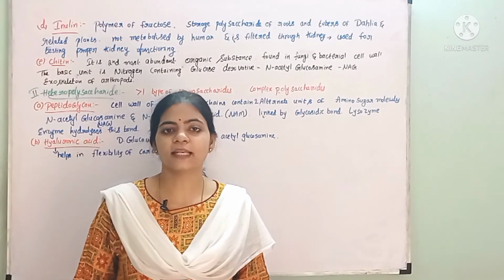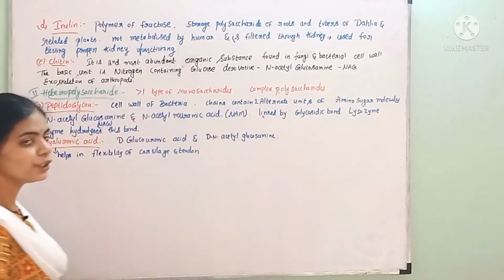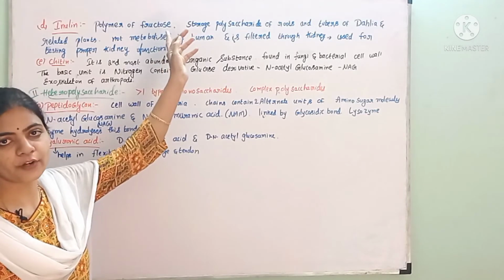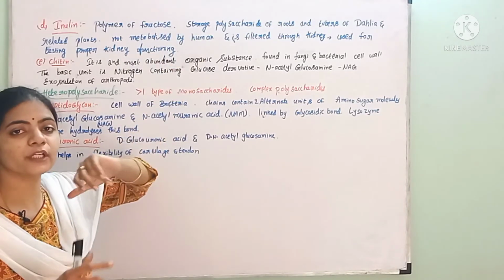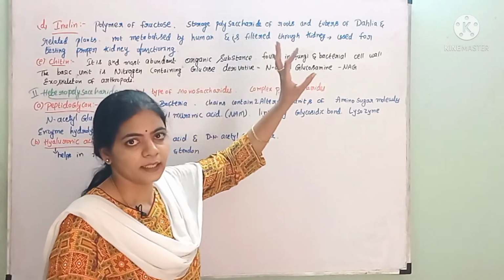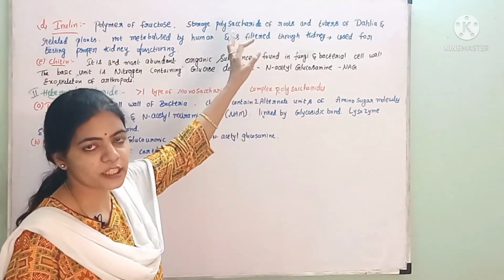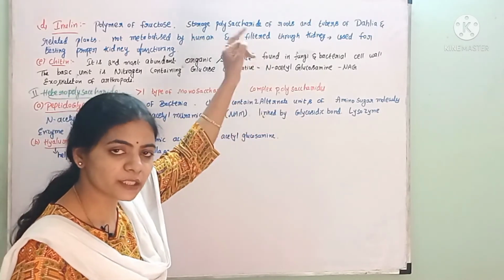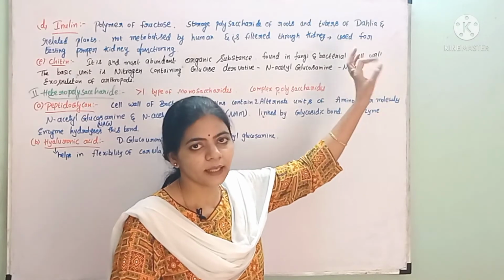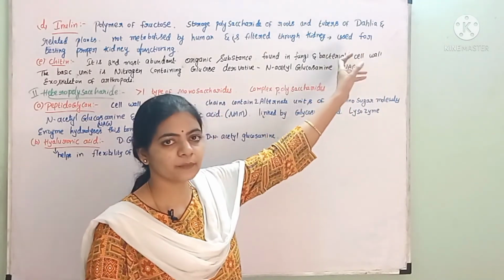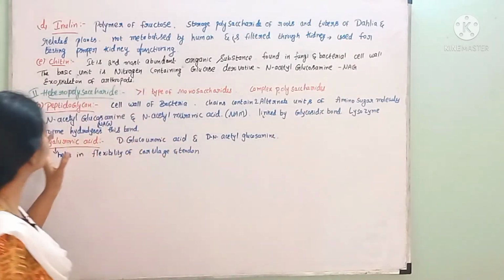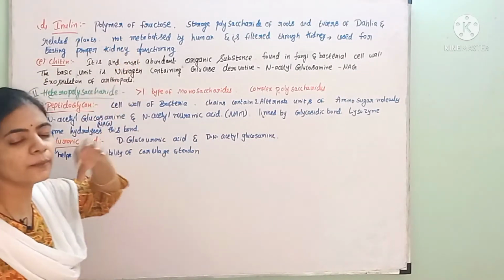Next homopolysaccharide is inulin. Inulin is another homopolysaccharide. It is a polymer of fructose, which means it is made up of several units of fructose, and it is a storage polysaccharide. Like starch, it is also a storage polysaccharide, present in the roots and tubers of dahlia and related plants. The roots and tubers of dahlia-related plants consist of this inulin, and it is not metabolized